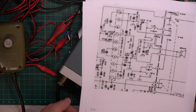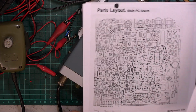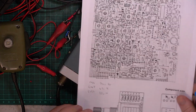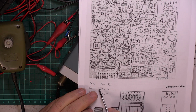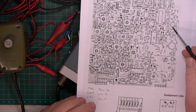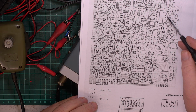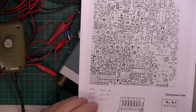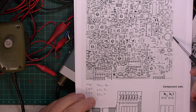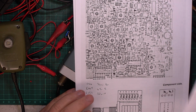So we changed all the electrolytics you'd expect. So we changed 146, 147, 151, somewhere around there. I even changed the big electrolytic, which is nothing to do with the audio amplifier, just for the laugh. And eventually,